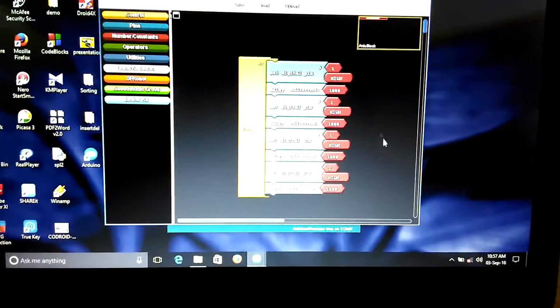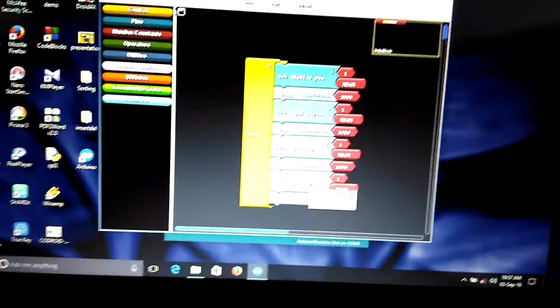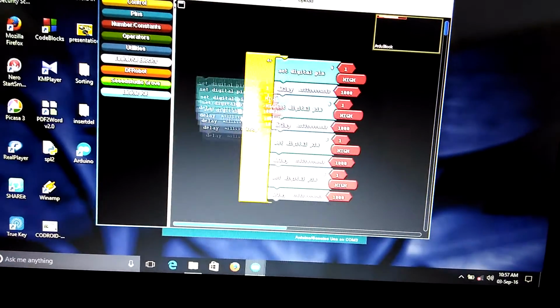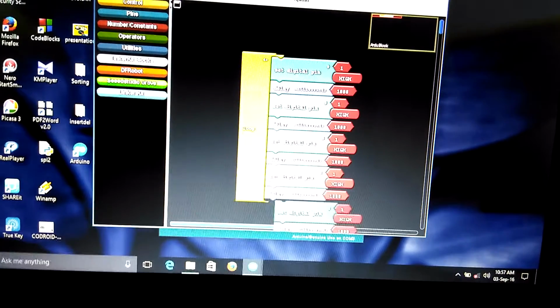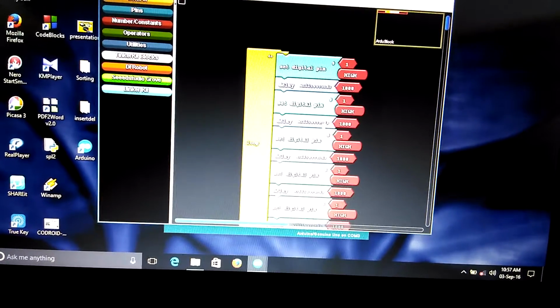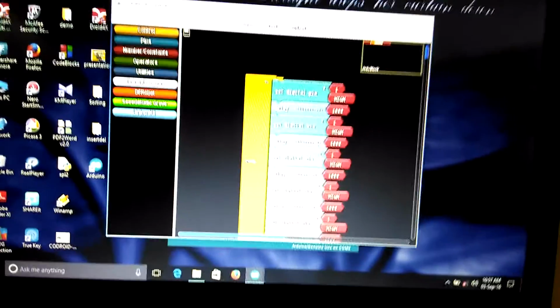Again set digital pin. Again we will clone it and we'll put it. So you can count it. See, one set. This is the 4 pins in which set digital pins will be 2 and delay will be 2.